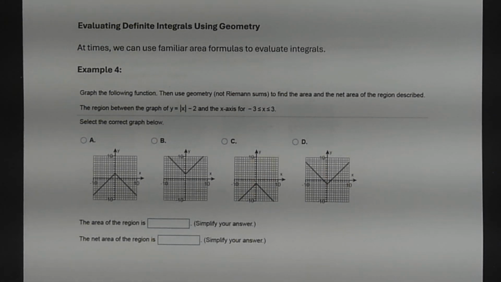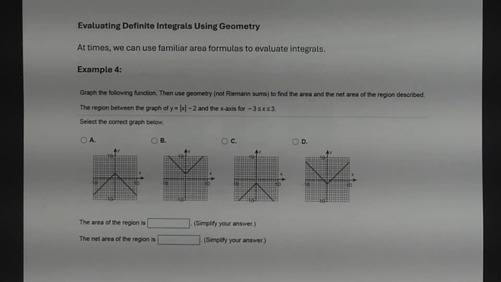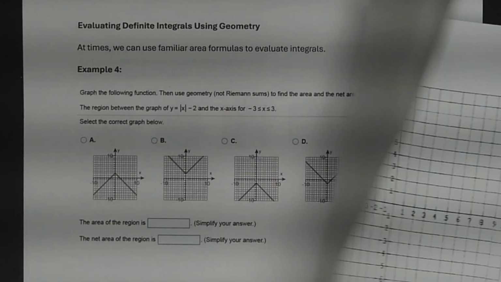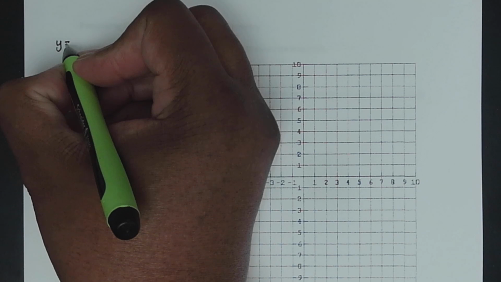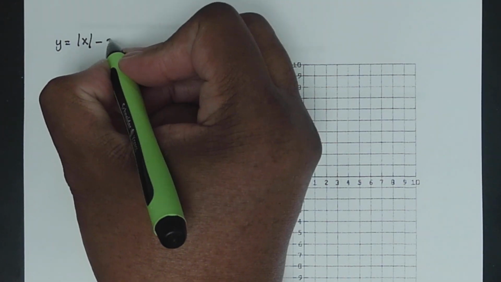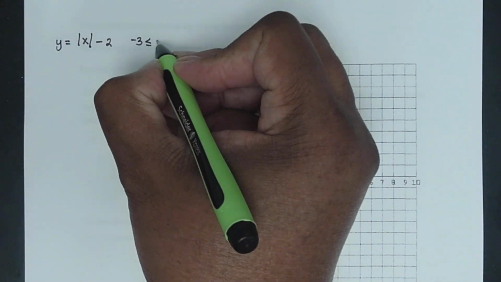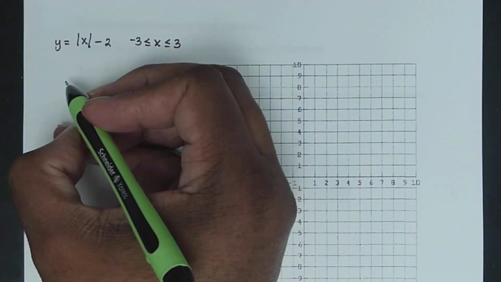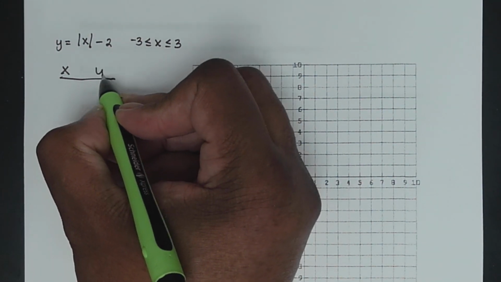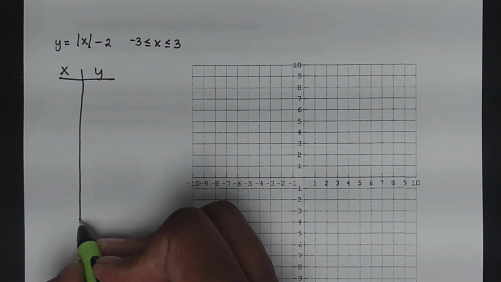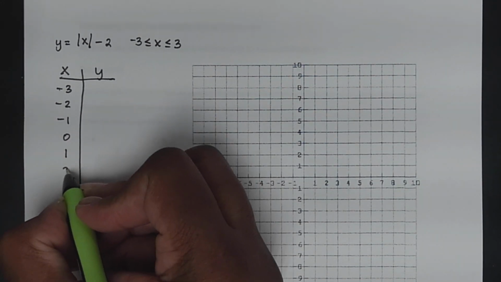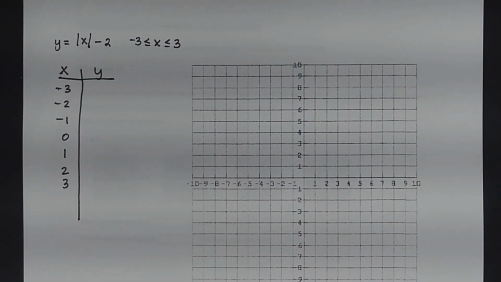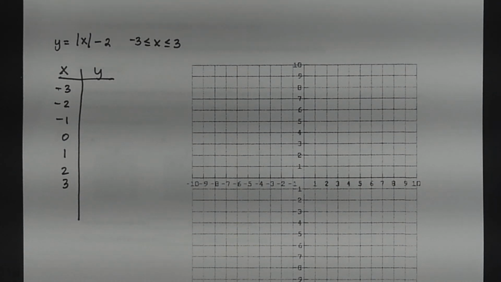All right, so in this case, I'm going to pull up a separate sheet of graph paper and then try to graph y equals the absolute value of x minus 2. And we're going from negative 3 to 3. Now, if you want to, you can do an xy coordinate plane and then go from negative 3 up to 3. Okay. So in this case here,